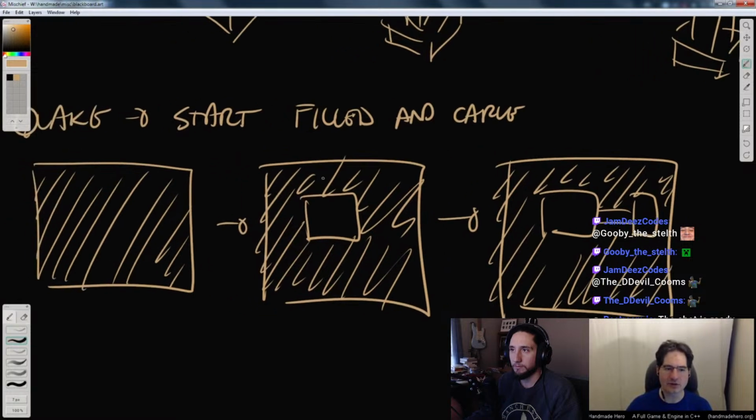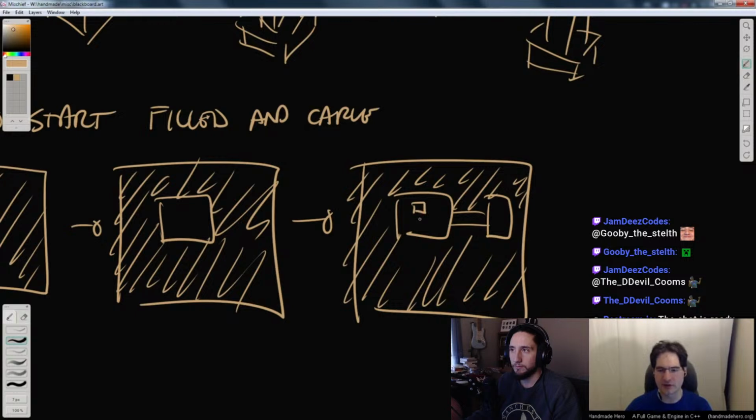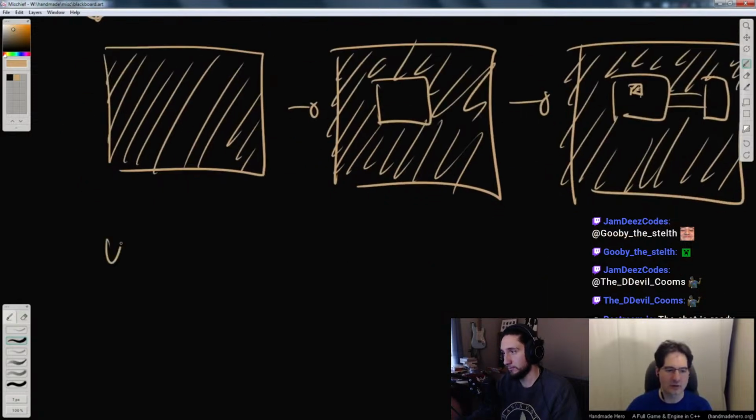And it's worth noting that there was nothing that said that you always had to carve out. You could add a brush that was designed to fill back in some area. So you could always add and subtract, but you started with everything being solid. Unreal, on the other hand, was the opposite. Unreal started empty